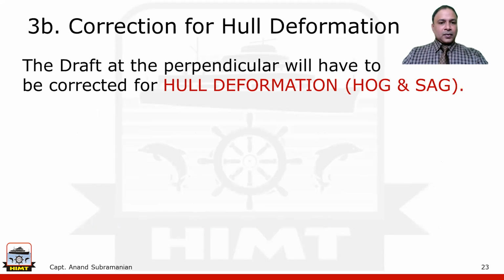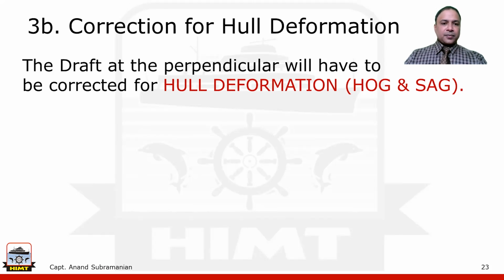So now once we have the drafts at the perpendiculars, let us go ahead with the corrections. The second correction which we apply is a correction for hull deformation. The drafts at the perpendiculars will have to be corrected for hull deformation, that is basically hog and sag of the vessel. Depending upon the loaded state, depending upon the conditions, the vessel would be having either hog or